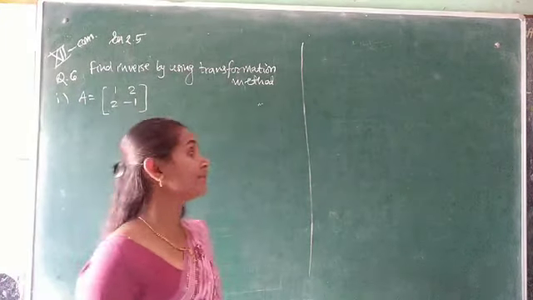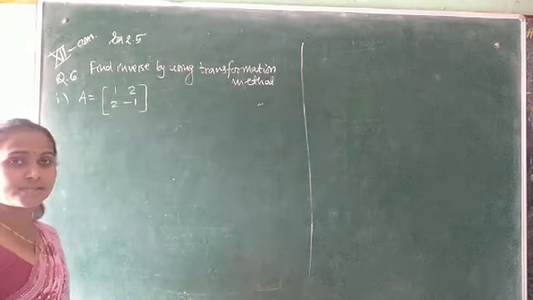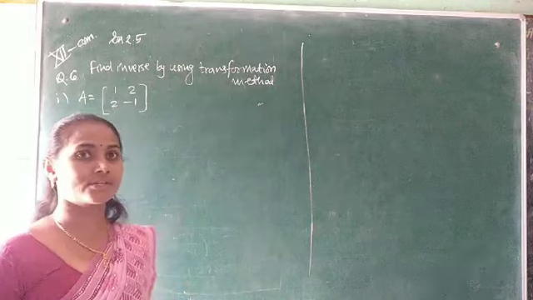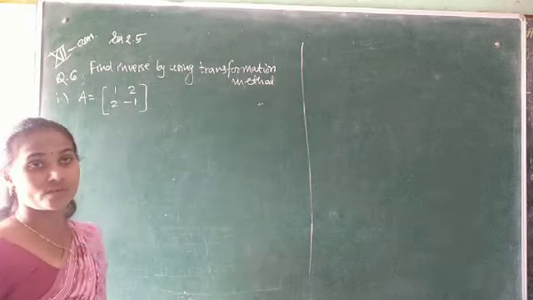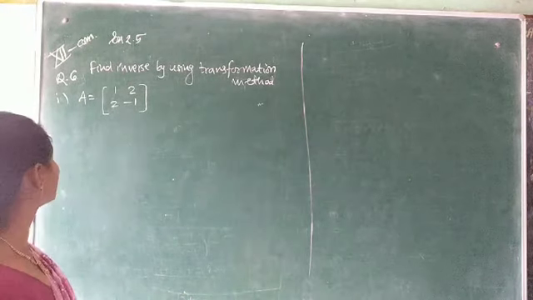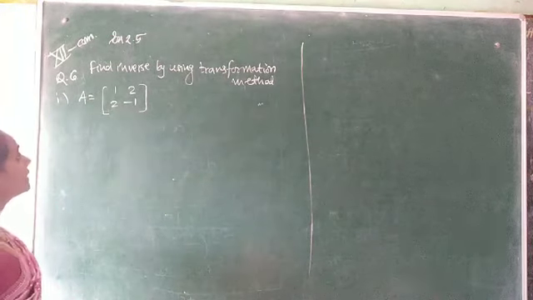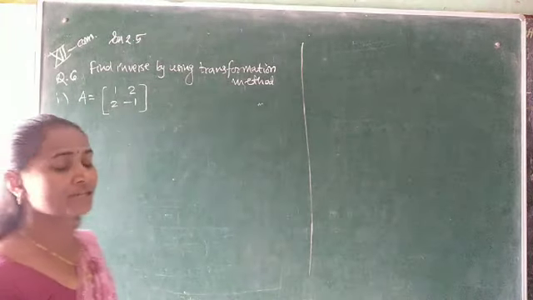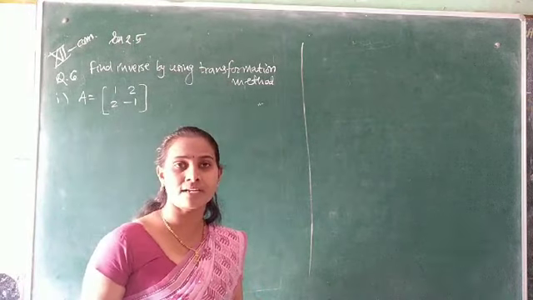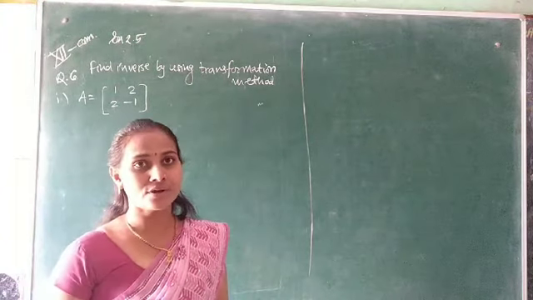In the last lecture we started to solve exercise number 1.2, and in this lecture we solve question number 5 to question number 6. Now we are going to see the next question, number 6. Find the inverse by using the transformation method. In the last lecture we found the inverse by using the adjoint method, and